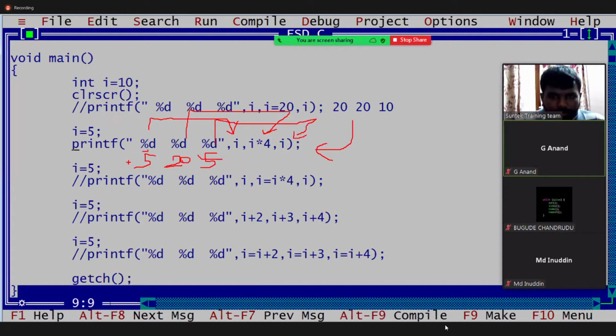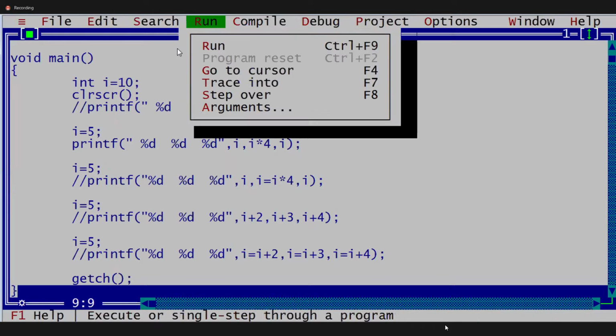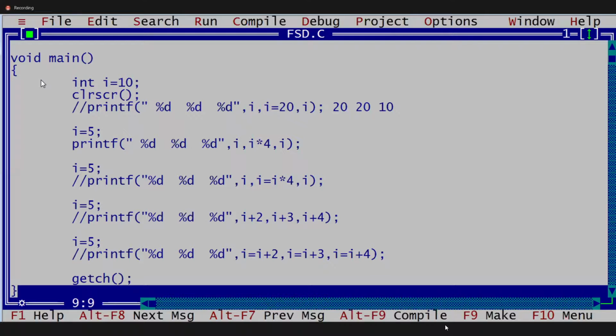If you print left to right also, nothing will happen. Only 525 will be printed. Whenever a value is modified, only then do we get a difference. Here the value is not modified in the printf. Whether you print right to left or left to right, the answer is what? 525. First one, this one. 525. Clear? This value is 525. Yeah, what is the next one, guys?